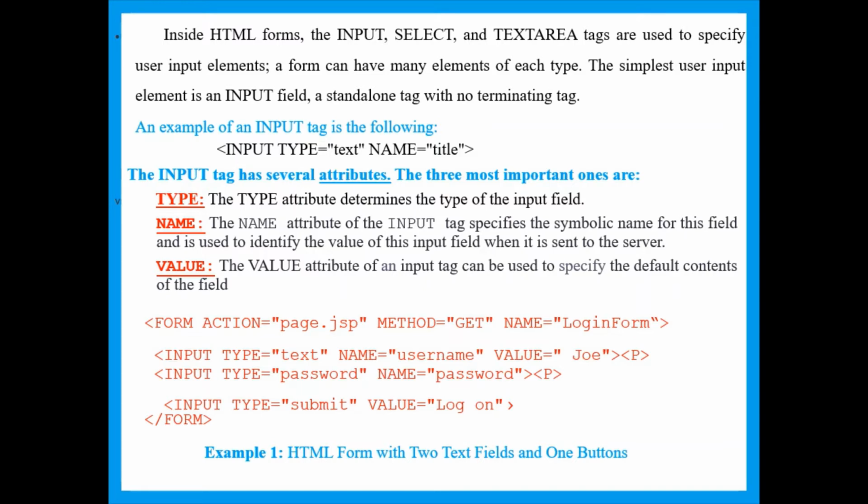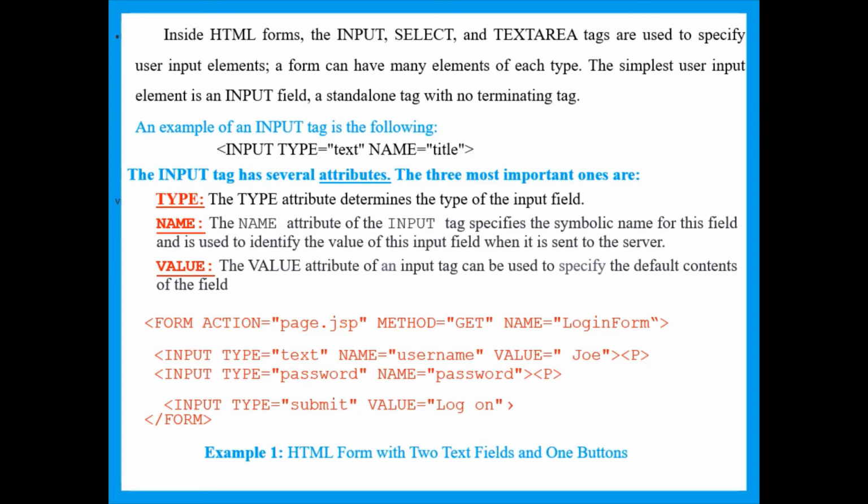To create a text field, we use a tag called input followed by type is text, and the name given for the text field is username, and the default value is given as 0. Next, the br tag indicates the next line. Next input tag, type password, name password. Then another input tag is used for creating the button called submit. The type is submit, and the value is log on, which is the label of the button.